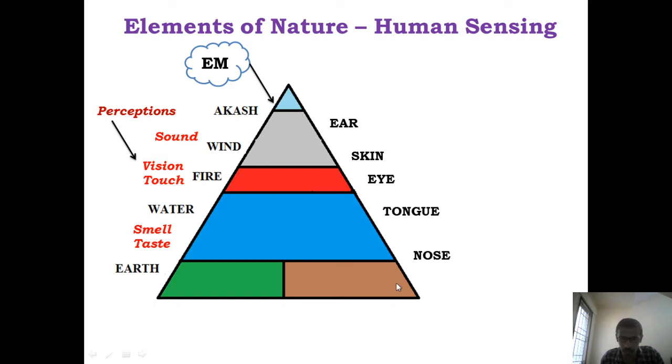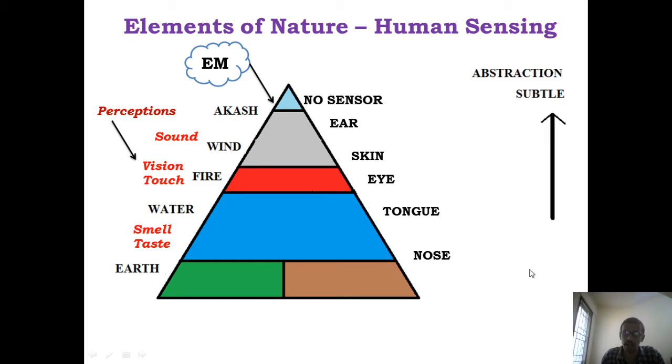The triangle has a broad base and it just narrows down. The triangle explanation is because of two things. First of all, we don't have a sensor here. So, I'll put two arrow marks like this. This way, I call it abstraction, and this way, I call it materialism, or physical. This is an accepted model both by the spiritual and the scientific community. Perceptions like smell and taste are a big physical effect. So, from the triangle, as we go up, the perceptions become more and more abstract, and as we go down, it becomes more and more physical.